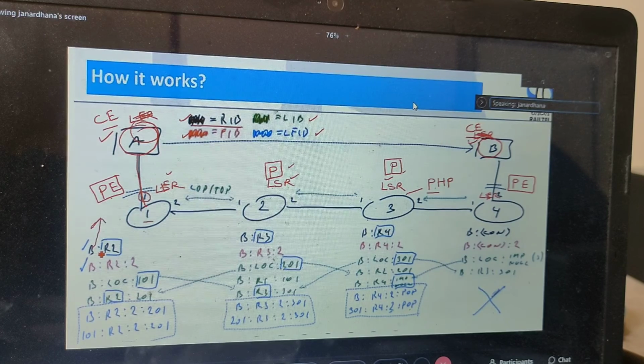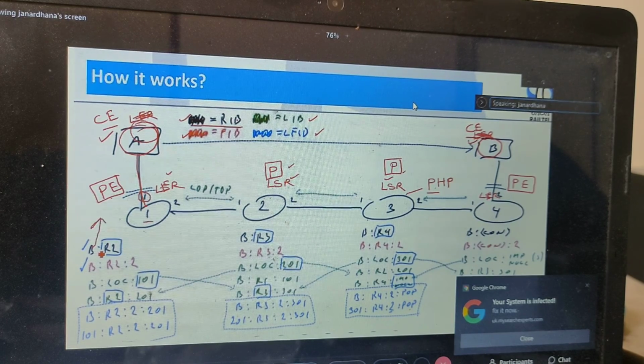Then we will see what the tables are. These are the colors and these are the different routers, and what each router consists of: the PE or LER and the P router or LSR. Coming to when we are sending the packets from router A, what is my destination? B. Router A cannot send directly to B, because router A is not directly connected to router B.